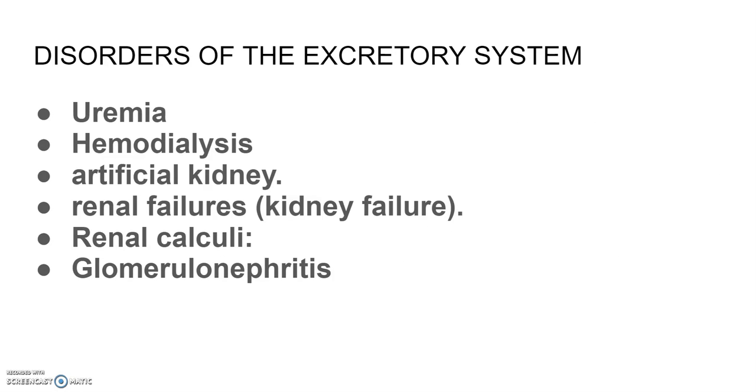Now, malfunctioning of the kidneys leads to accumulation of urea in the blood, and this condition is called uremia, which is highly harmful and may lead to kidney failure. Now, in such patients, urea can be removed by the process which is called hemodialysis. During the process of hemodialysis, the blood drained from a convenient artery is pumped into the dialysing unit, which is called an artificial kidney, after adding an anticoagulant like heparin.